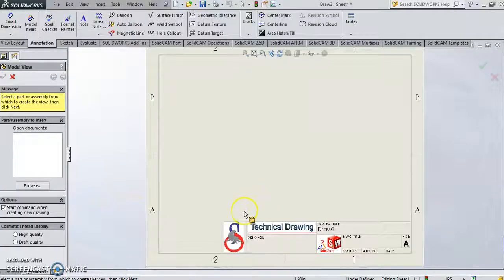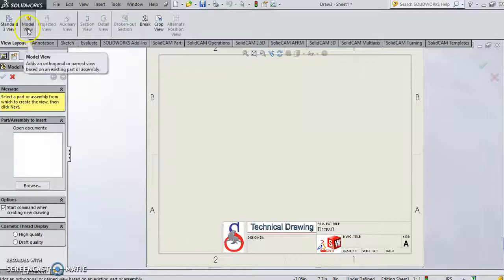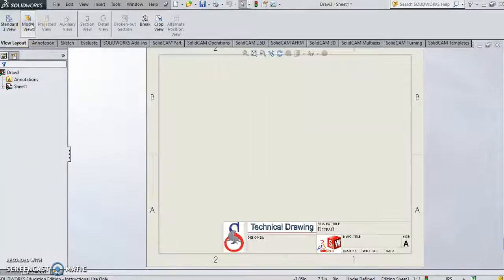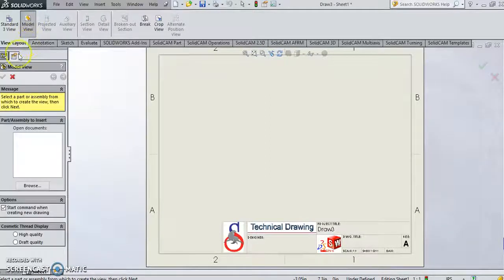And notice that I do have that custom title block down here at the bottom. You may or may not. But to start out, we now need to go up to View Layout, and we will click the Model View. Okay. Now notice over here on our left side, it's asking us to insert a part or an assembly. So you will hit the Browse button,